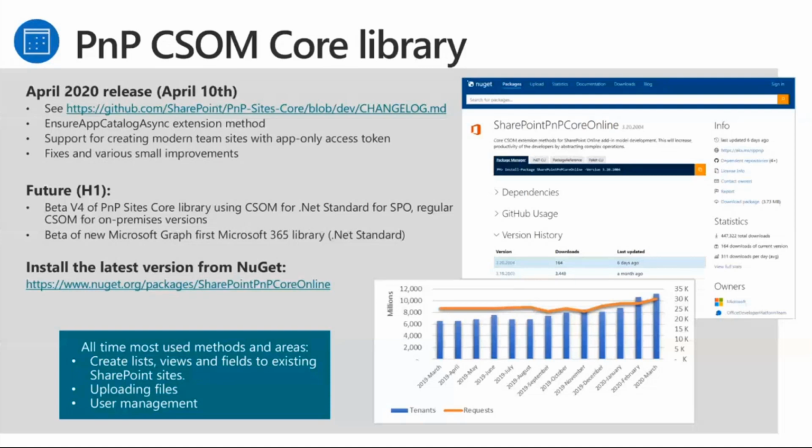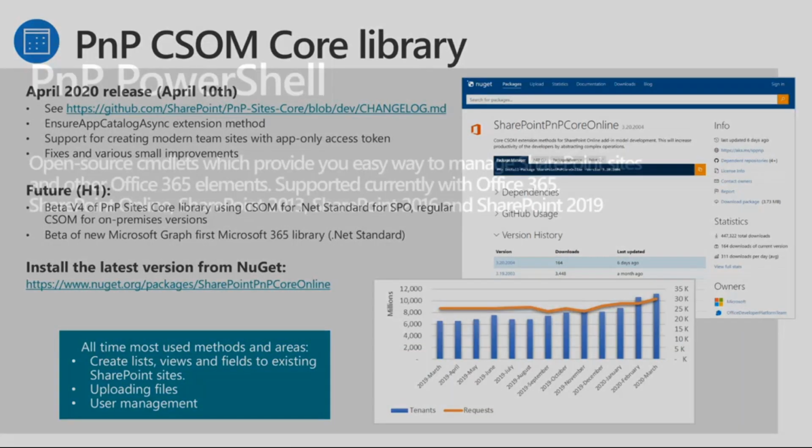Now it might be that people are already in .NET Core and they're waiting for the .NET Standard version of the CSOM Core, which is understandable, and that's delayed because we're waiting for the official CSOM version, and after that the PnP CSOM Core Standard version can come out as well. Anyway, that's a quick update on that one. It is coming. Thank you, Paolo, for that one.